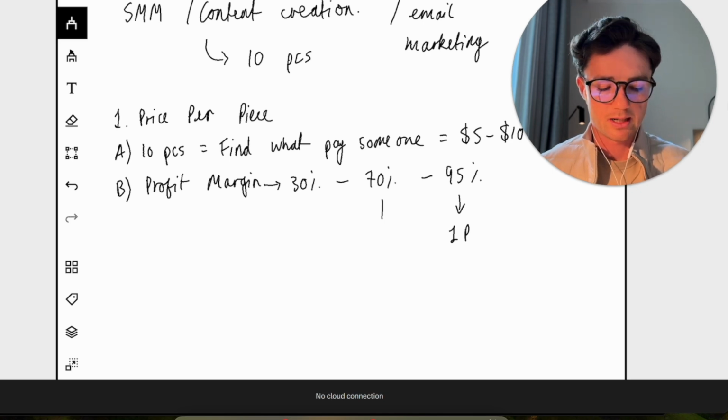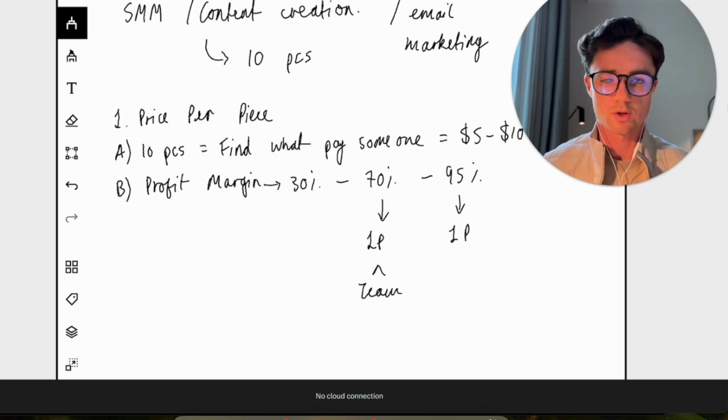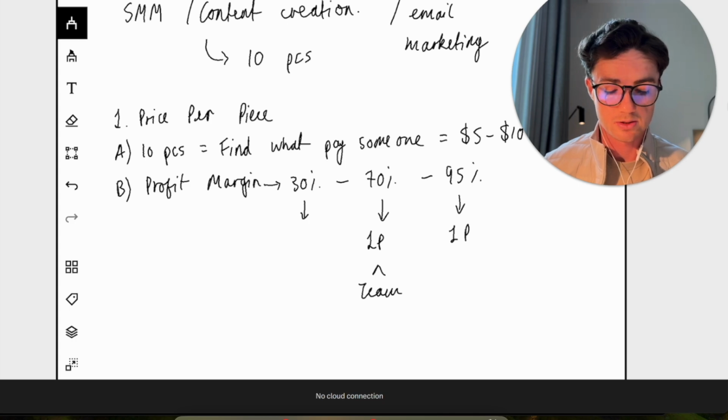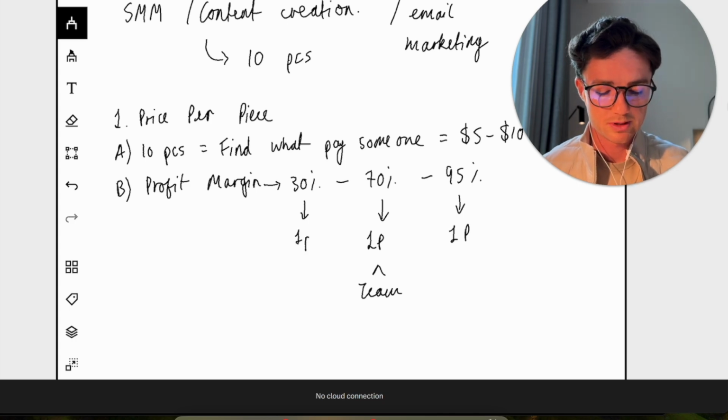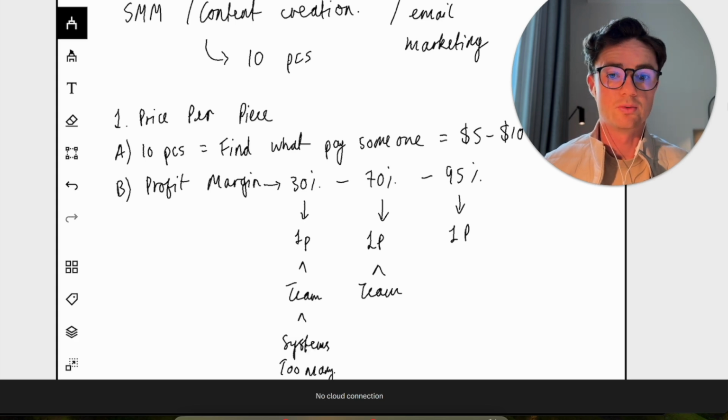People that are operating at, let's say, 70%, in my opinion, have done this really well. It's normally still one person, but then they've got their team underneath them. And this is graphic designers, video editors, virtual assistants, client managers, that kind of thing. The person that has gone down the route and they're at 30% profit margin, from what I have observed, okay, this is just my opinion. Yes, it's one person. Yes, they've got a team, but in my opinion, they've got too many systems.